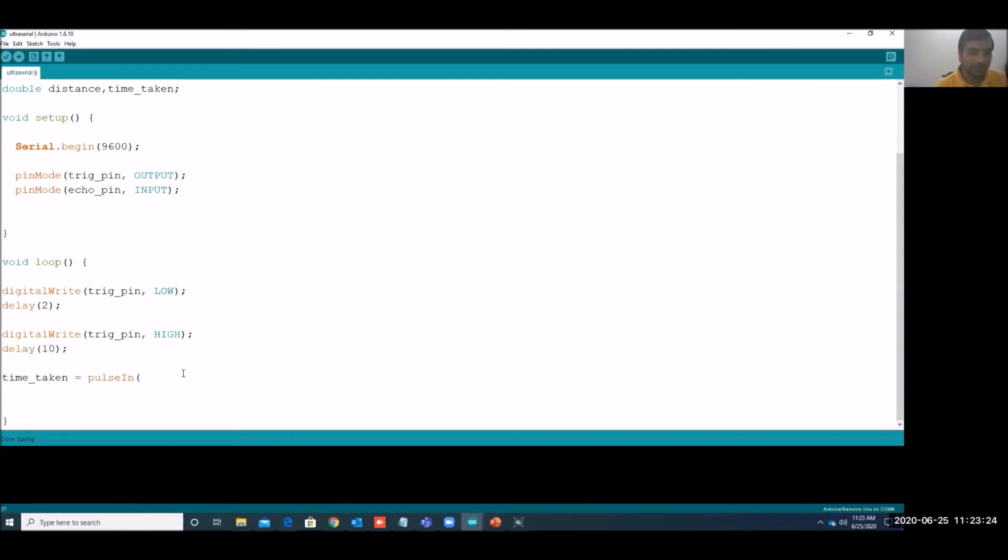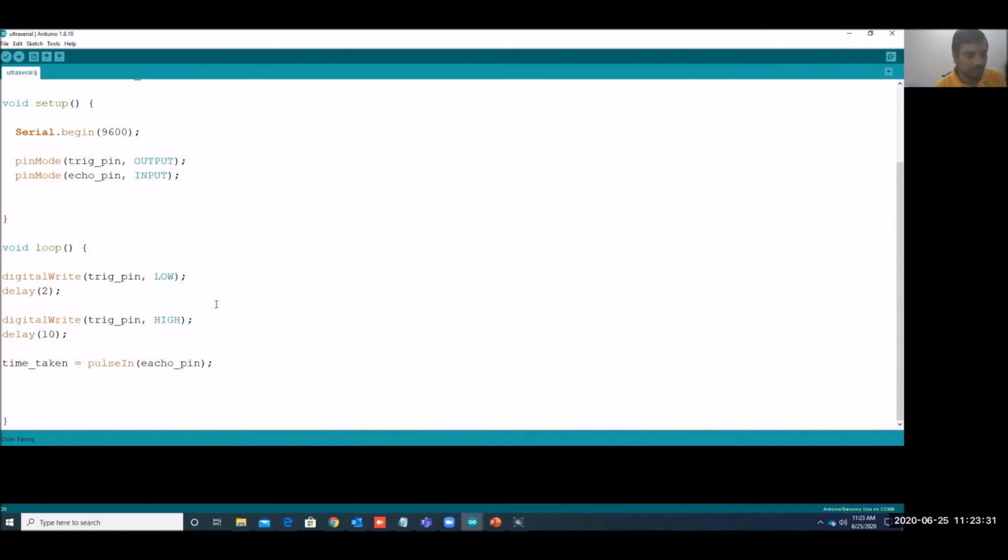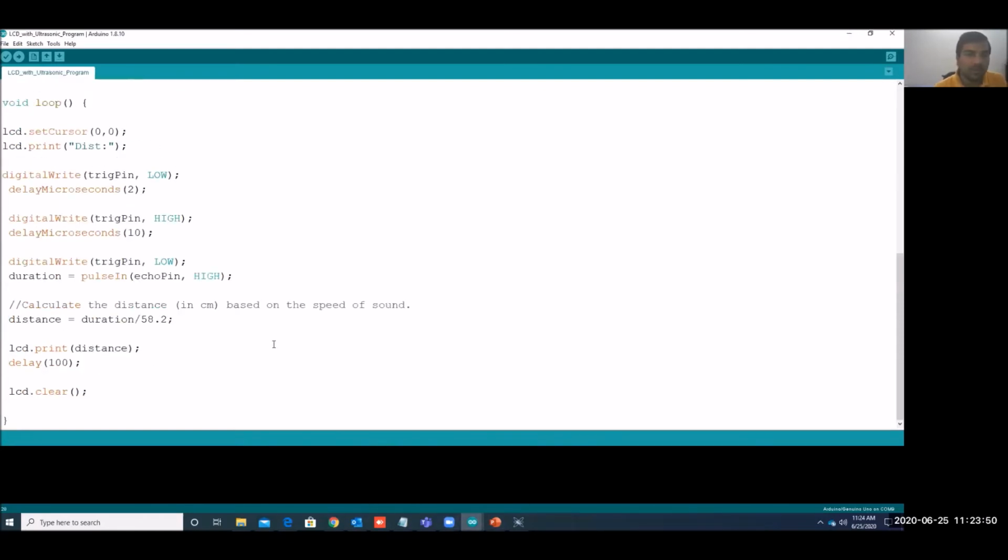So what we can do now is write the time taken using pulseIn. Now we need to mention the distance. Distance equals time into speed. So time we know, and the speed we can see here.